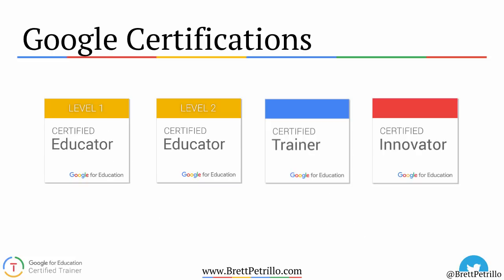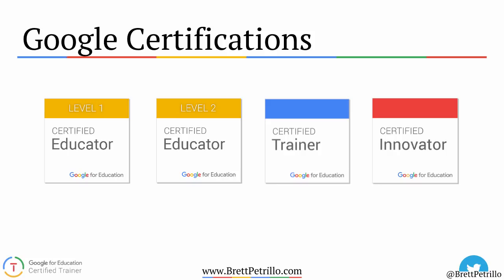Here you can see all 4 certifications I mentioned earlier. Level 1 and Level 2 Educator. You've got Google Certified Trainer in blue and Certified Innovator in red. Now the differences are Level 1 Educator can be at a bit more of an introductory level as far as using Google Apps in the classroom to improve engagement, collaboration, and learning. Level 2 takes it a little step further as far as integration of all the apps and all the apps